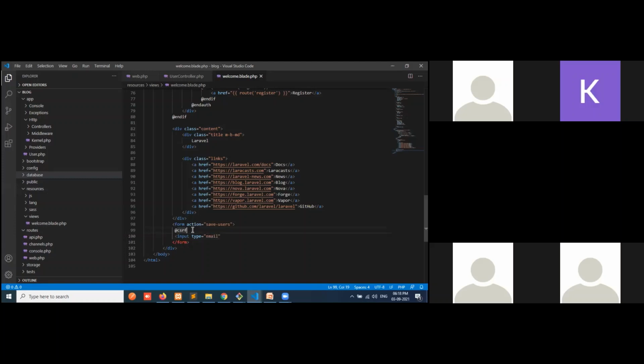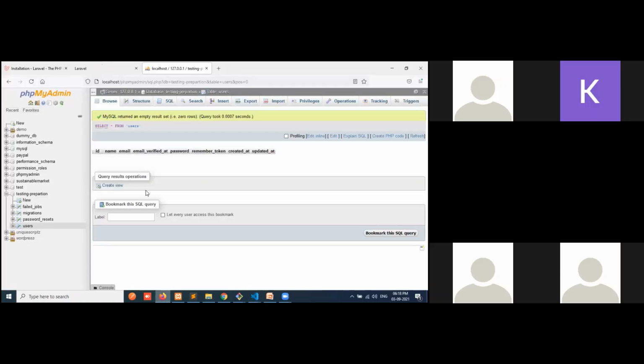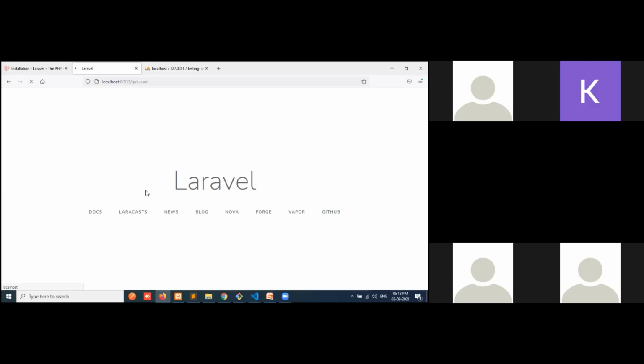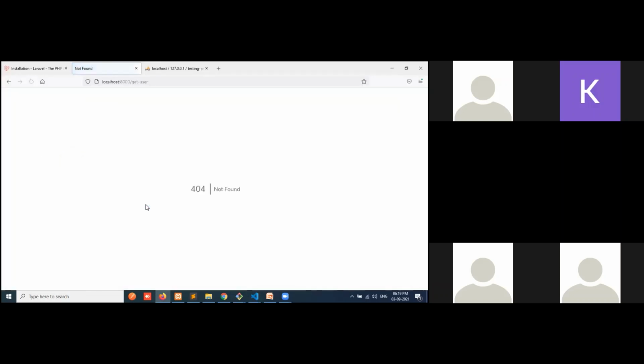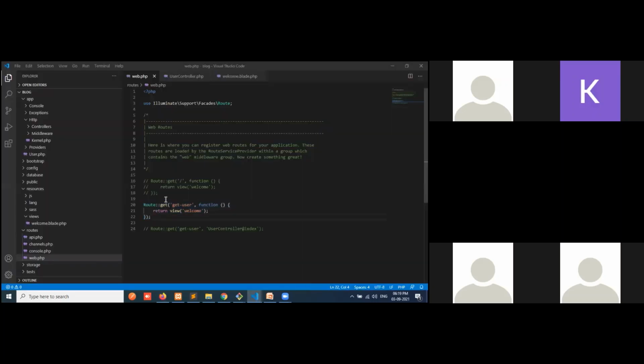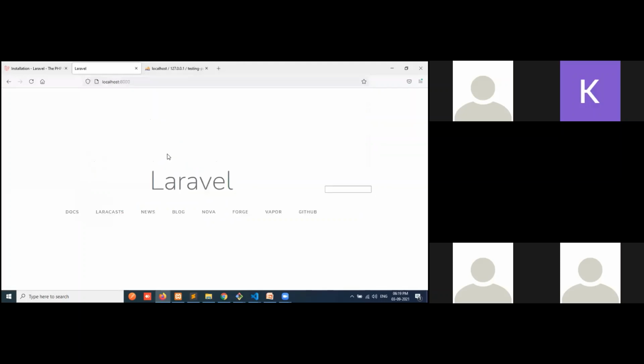If you give email and click on the submit button, an error will come. It requires the @gmail.com.